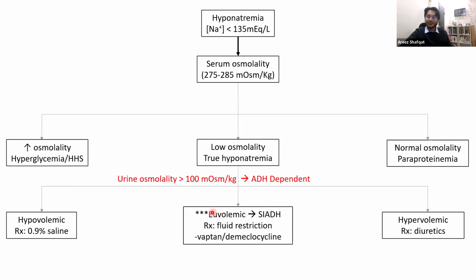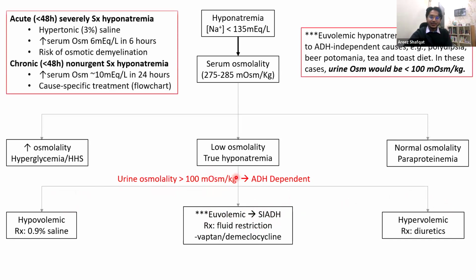The other scenario is that your volume status is completely normal, and yet you still have ADH secretion. This is called syndrome of inappropriate ADH. You treat it with volume restriction, okay? In all of these cases, ADH is active and urine osmolality would be greater than 100 milliosmoles per kilogram of water, okay? The other scenario is that you're euvolemic,